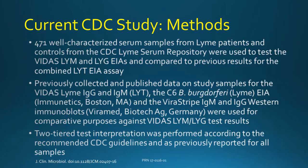They used previously collected and published data on study samples from a variety of sources, including for the Western blots, for immunetics, in terms of IgG and IgM Western blotting, and they used the C6 assay also from VeriStripe. So the two-tiered test interpretation was performed according to recommended CDC guidelines and as previously reported for